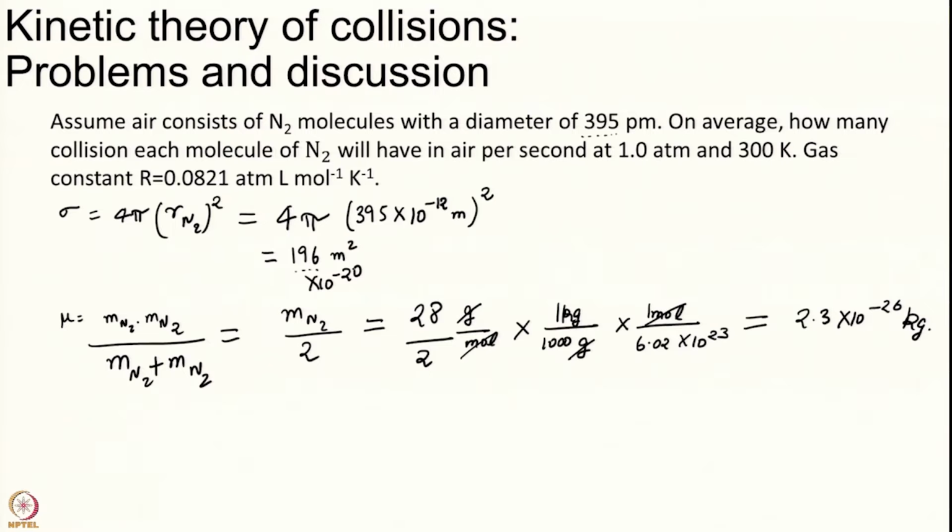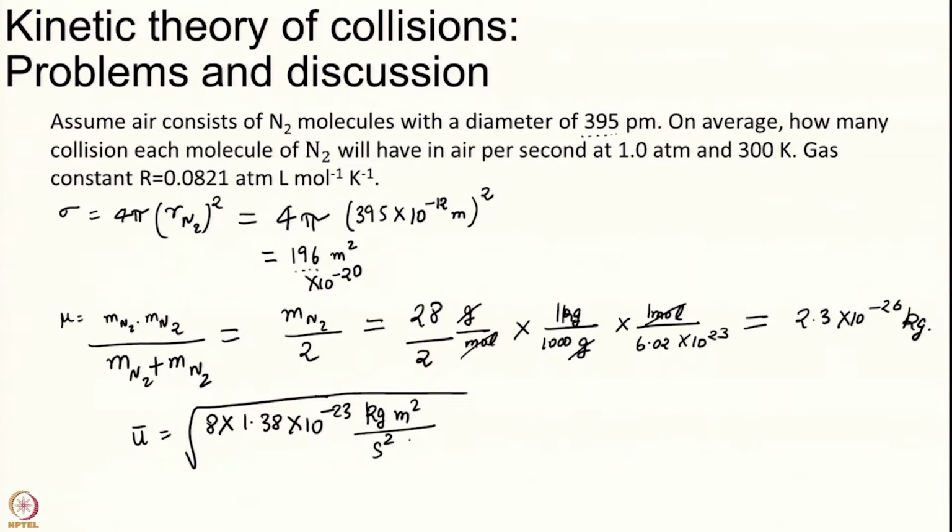Finally, I have to calculate the thermal speed as the square root of 8 kB T, with kB equal to 1.38 into 10 to the power of minus 23. What is the unit of kB? Kilogram meter square per second square per Kelvin. Temperature is 300 Kelvin, divided by